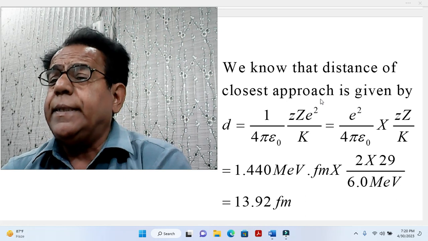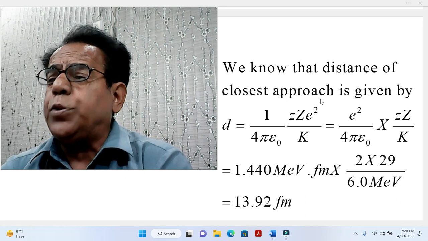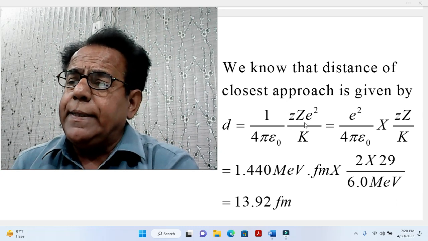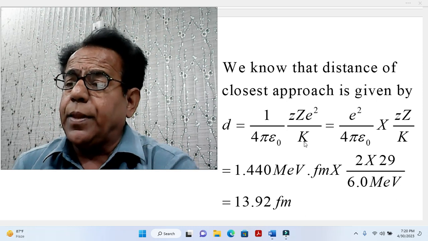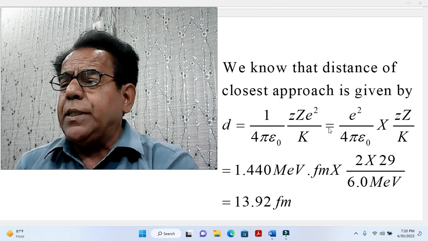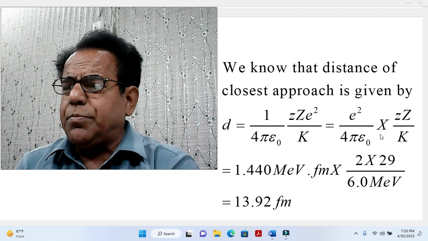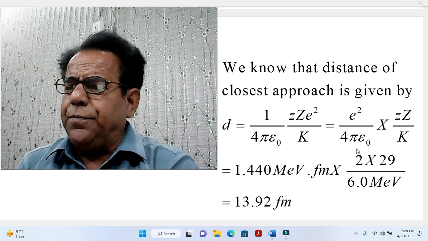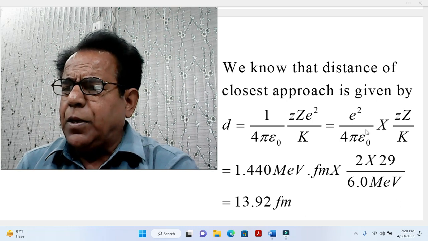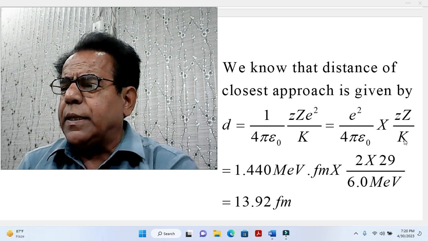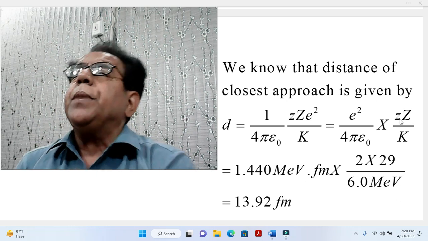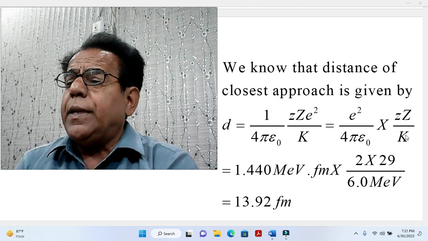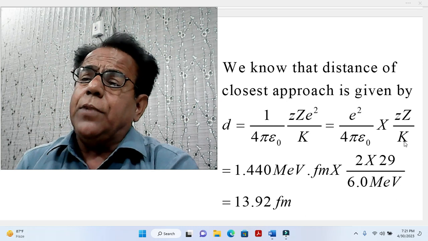We know that the distance of closest approach is given by d is equal to 1 over 4 pi epsilon naught, z e square over k. We have reshaped this formula in this form, that is we have separated this portion because we have the value of this portion in a table, multiplied with z over k. Here one z is for alpha particle, that is helium nucleus, one z is for copper foil, and k is kinetic energy, which is given in the statement as